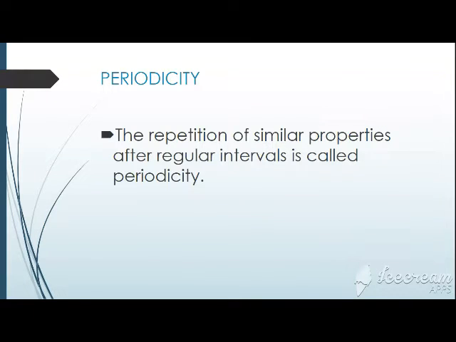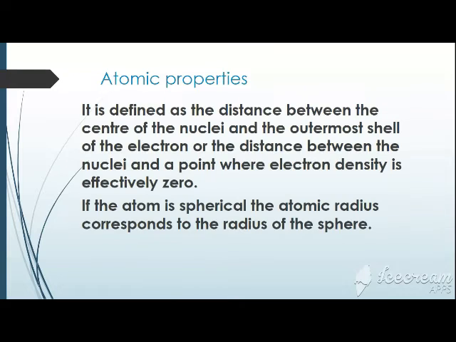In the periodic table, the characteristics of each element vary according to their chemical properties as well as their physical properties. They differ both in chemical and physical properties. The repetition of similar properties at regular intervals, we call it periodicity. So under periodic properties, we will learn about the concepts atomic radius, ionization energy, electron affinity, electronegativity and oxidation number.